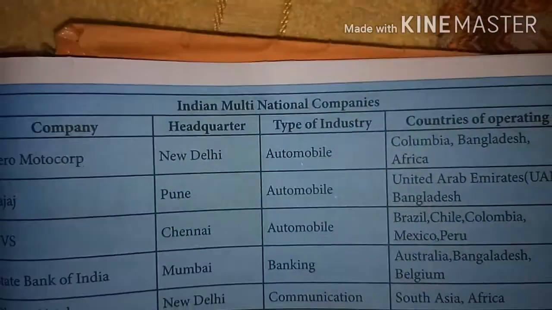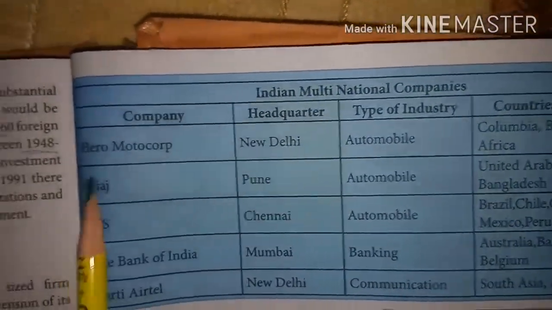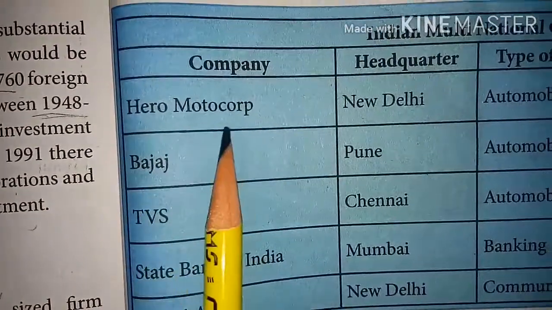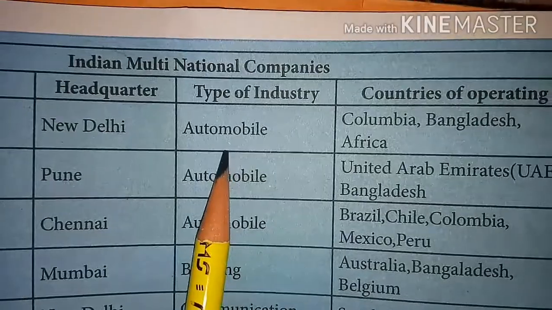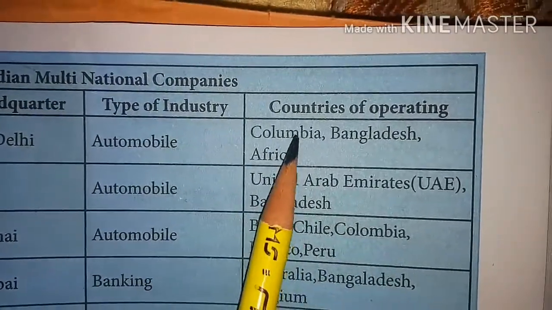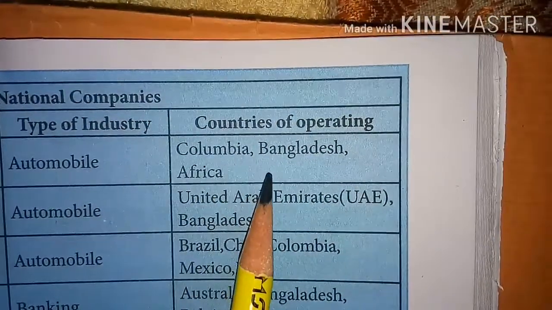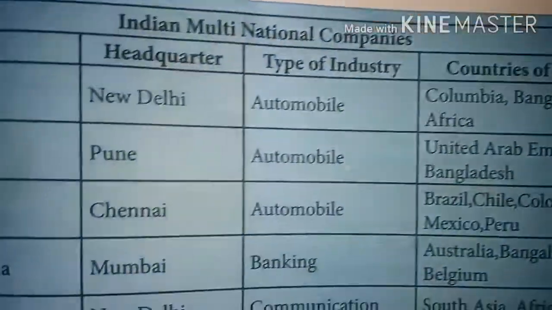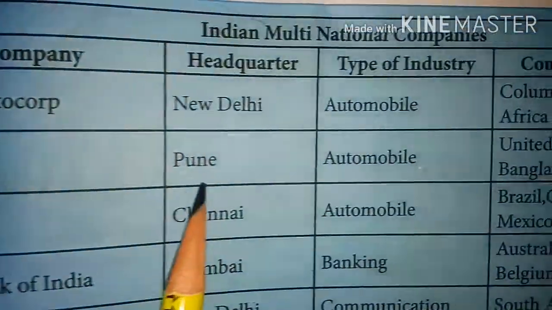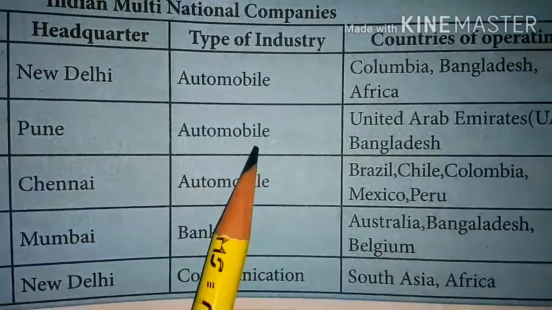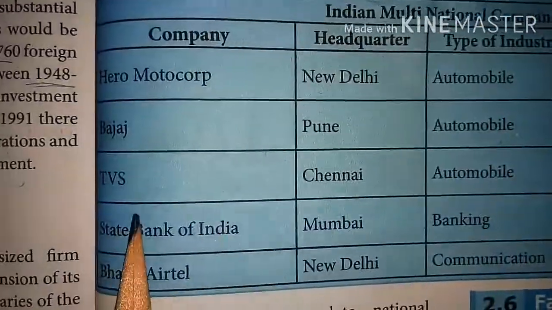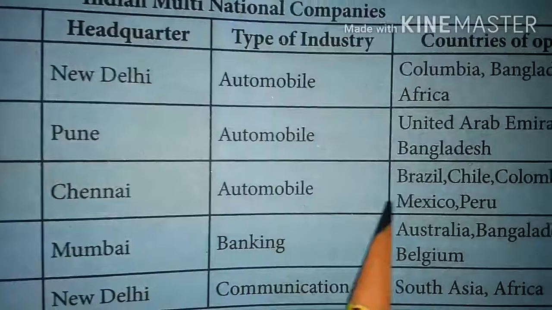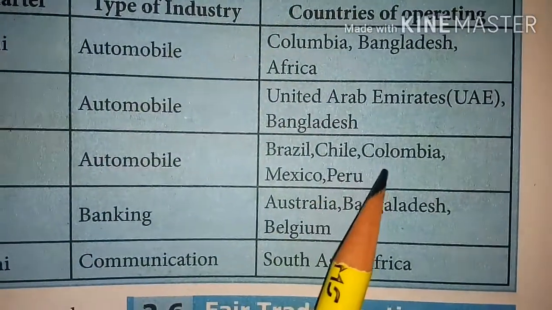Then Indian multinational companies. Company Hero MotoCorp, New Delhi. Type of industry is automobile. Countries of operation: Colombia, Bangladesh, Africa. Then Bajaj, Pune headquarters, it is an automobile company. United Arab Emirates, Bangladesh. TVS, Chennai, automobile, Brazil, Chile, Colombia,